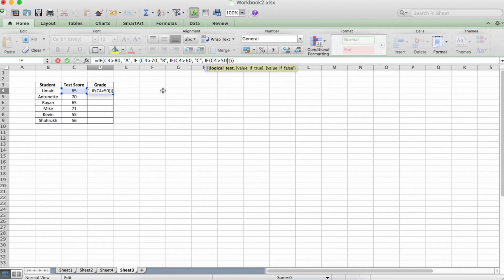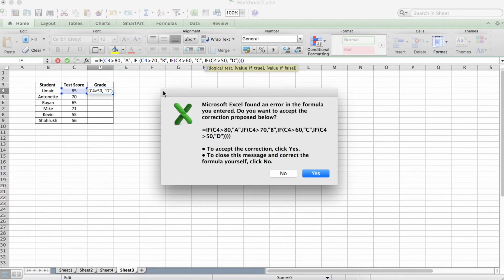And here you go, 50. And the answer should be what? D. Here you go. So we open up the 1, 2, 3, 4 brackets, and we are closing the 4 brackets at the end. And when you press enter,